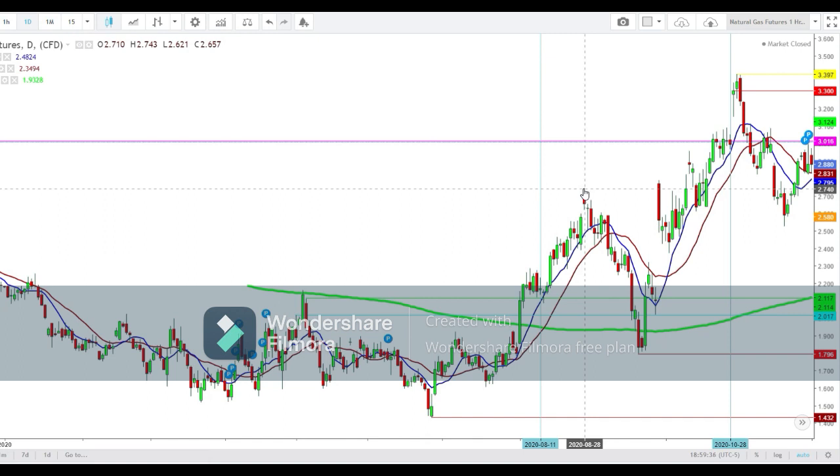on August 28, and from here once again the natural gas futures saw a sharp downward move and tested a low at $1.796, but from here a steep upward move followed and the natural gas futures tested a high at $3.397 on October 30th, 2020. So friends, here I would like to show you this level, which the natural gas futures tested on February 22nd, 2023, and from here you can see how the natural gas futures remained extremely volatile during the upcoming